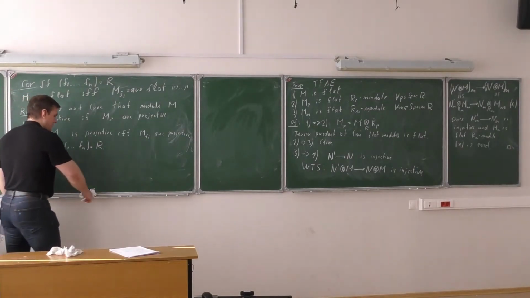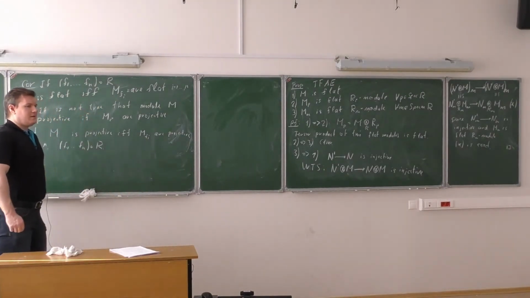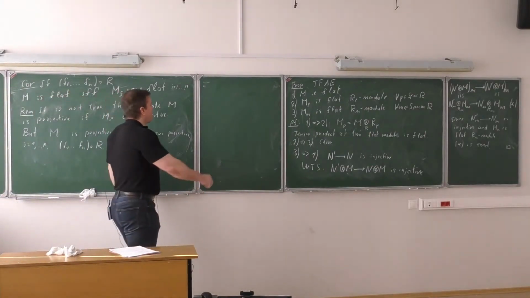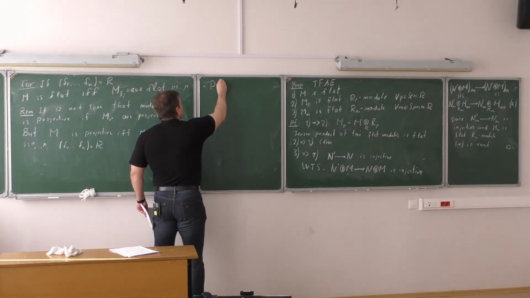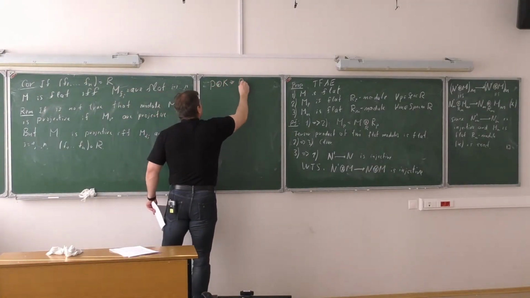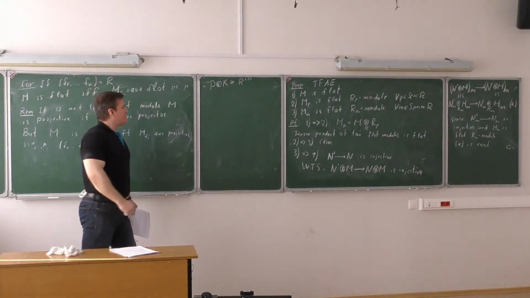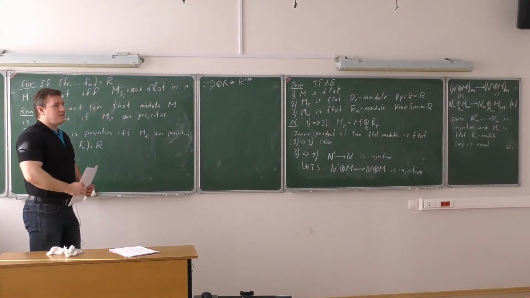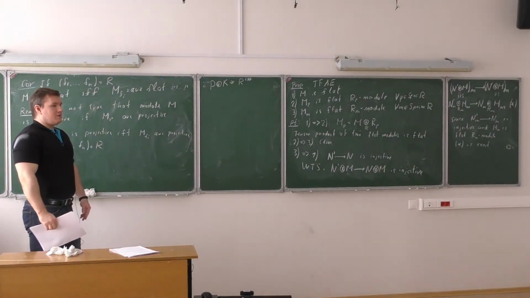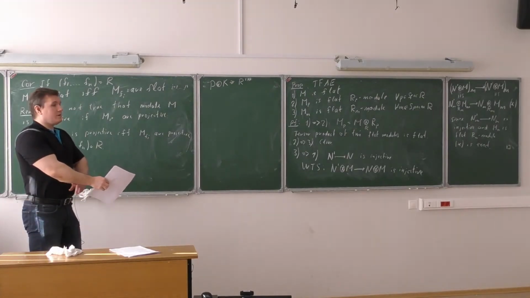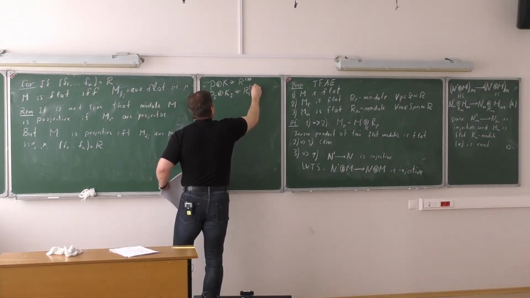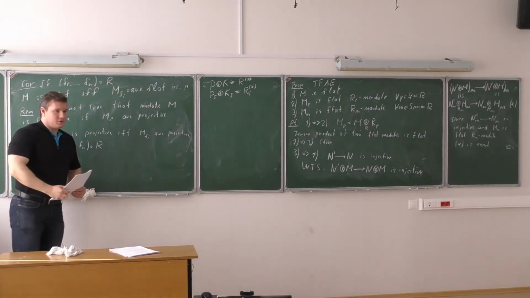But isn't it clear from exactness of localization? Like we know that P is projective if for any... Well, I think these are complicated. One of the ways to show that a module is projective is to say that there is a complement module such that the direct sum is isomorphic to a free module. That was one of the properties equivalent to being projective. Now you can localize this, and localization maps direct sums to direct sums and free modules to free modules. So with this logic, it is more or less immediately clear that localization of any projective module is projective.